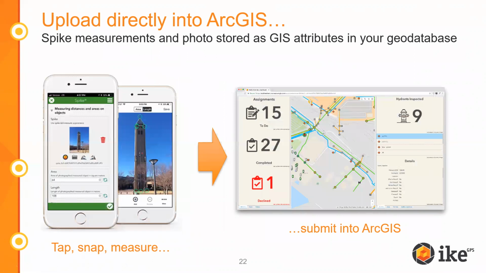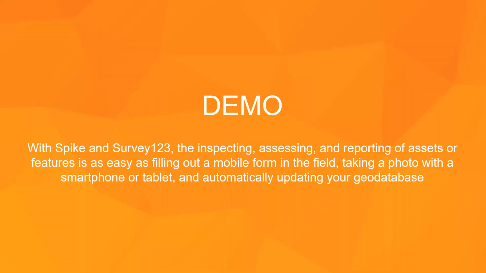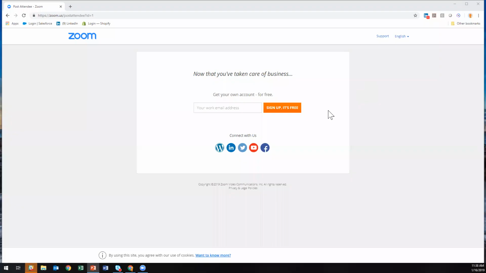And think about how much time and effort that you have put into not only just the field data collection, but getting that data back into a file geodatabase. And the second thing that I'm really proud of is that I really do believe that we've created one of the simplest ways possible to update a file geodatabase. And after you've tried it, I think you'll agree, and I know that our user community certainly does agree as well. So let's go ahead and get into a demo.